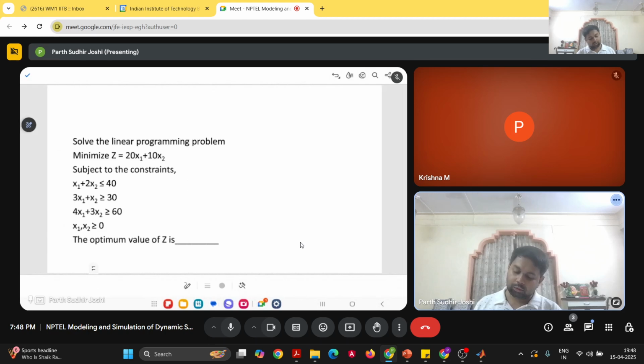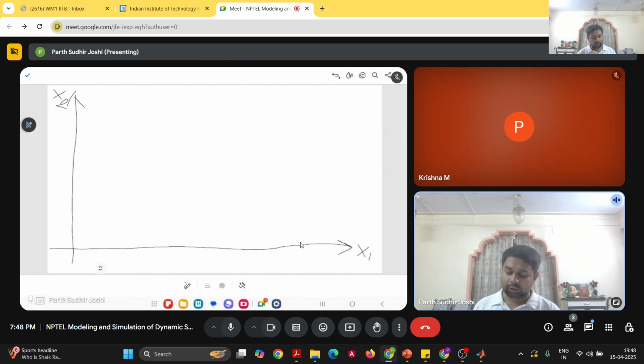So x1 plus x2 is less than or equal to 40 is the first constraint. So to plot this constraint,